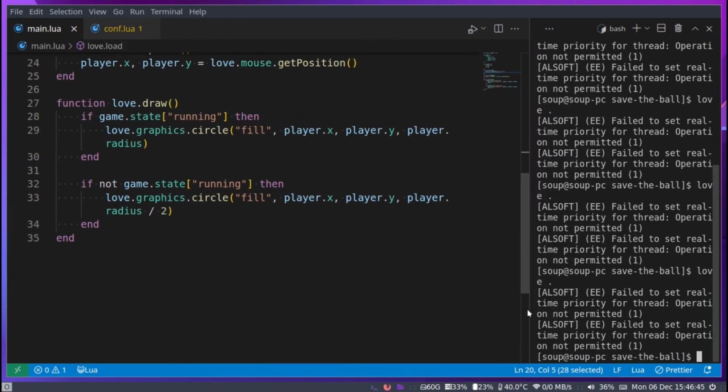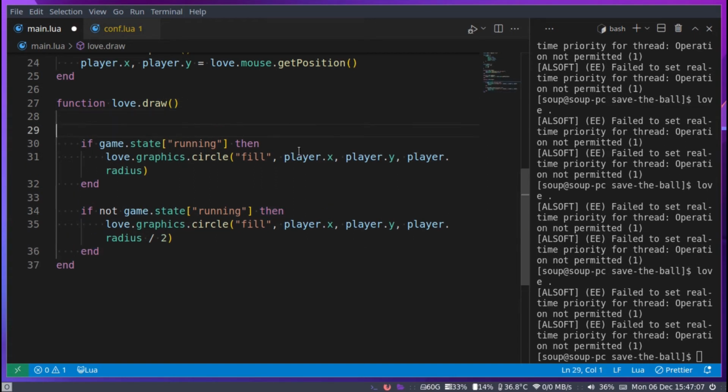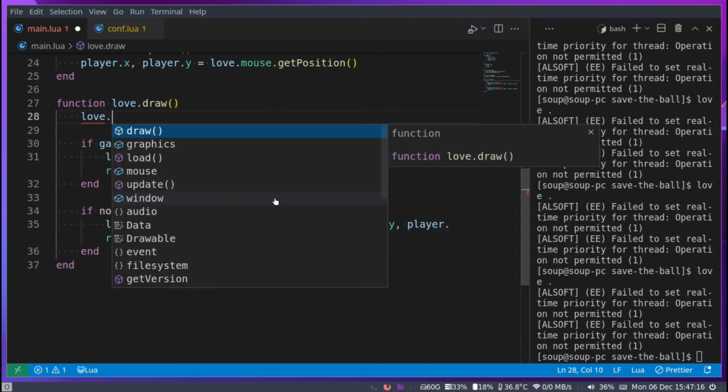Now, one last thing I do want to implement is the FPS counter, because let's say you're getting very bad FPS. You might have coded something wrong or something like that, because the FPS should usually stay at around 60 FPS, maybe falling to 30, but usually it should be 60 FPS, and we need a way to see that. So here at the top, because we don't want the FPS to block anything, so it should be at the top, so if there's something above it, the FPS doesn't go over it. Anyways, we can say